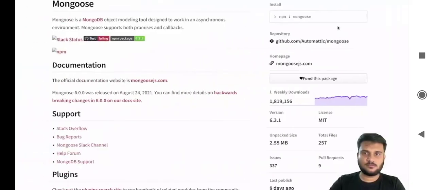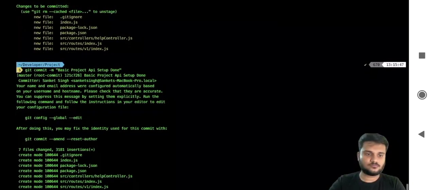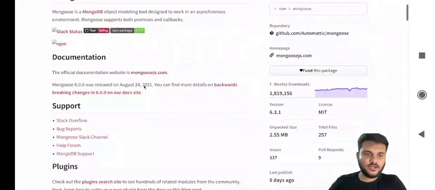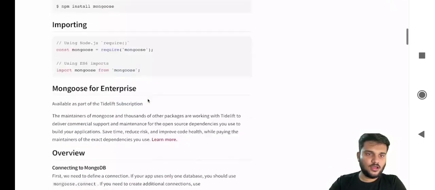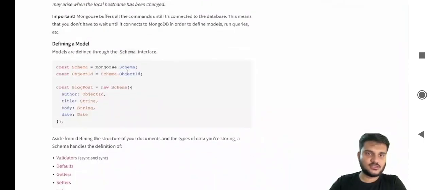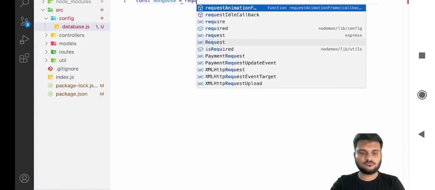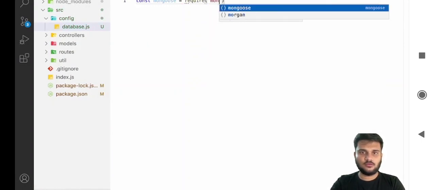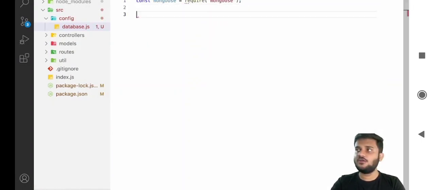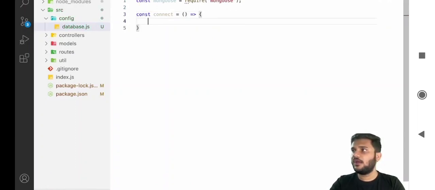Okay, so the installation command is ready. Then you can see the documentation. It's really easy to set up Mongoose. Right, so what we can do is const mongoose is equals to require mongoose. Mongoose setup is installed. We'll say const connect. We'll write a function connect. Okay. And inside the connect function, we'll say